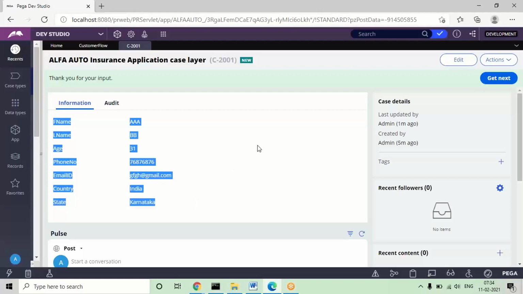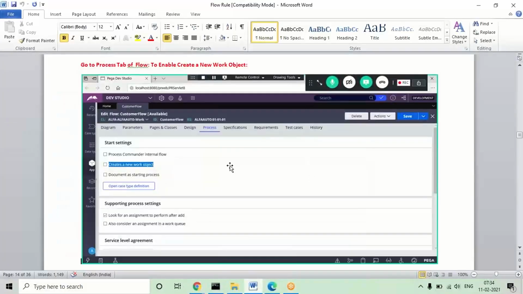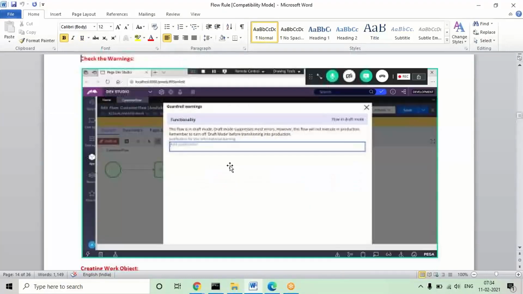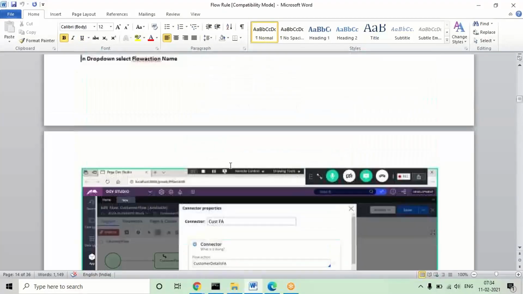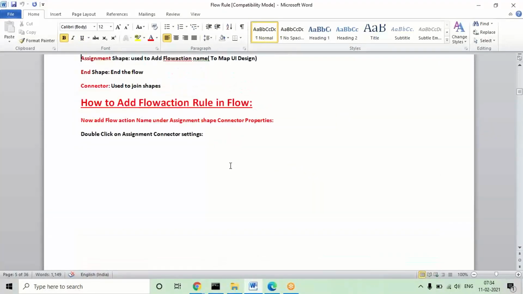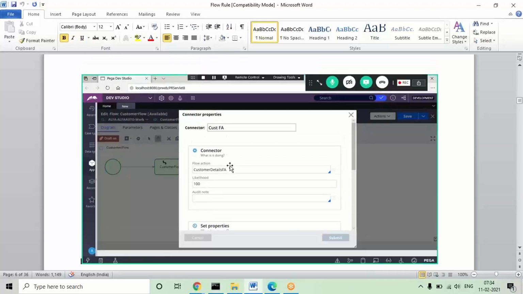Once again, I'll repeat the flow steps I created. First of all, we open the flow from the process category. The flow's purpose is to define the life cycle of the tasks we are going to perform. We already created the rules, and now in this requirement we are going to map our UI design. So we open the flow. In the connector settings, if you take an assignment shape, only then will you get the assignment connector where we can give the flow action name.